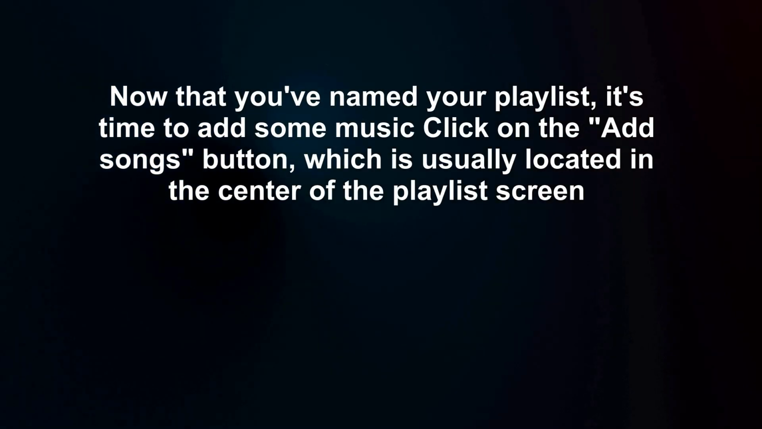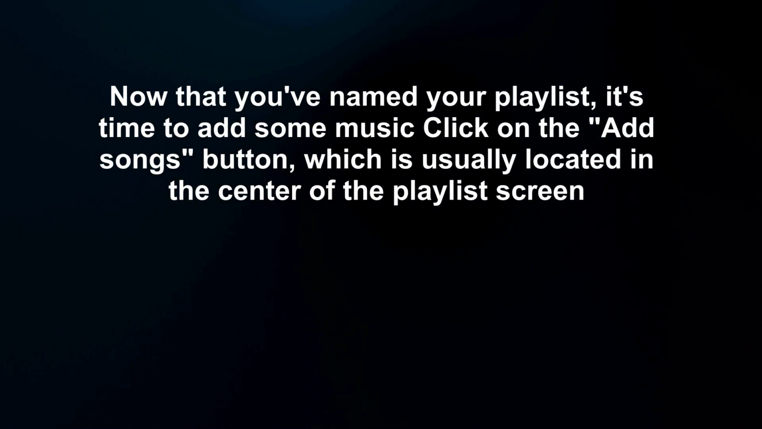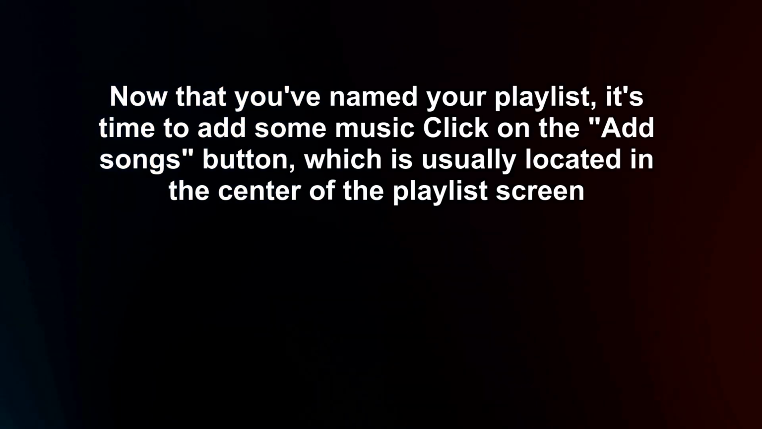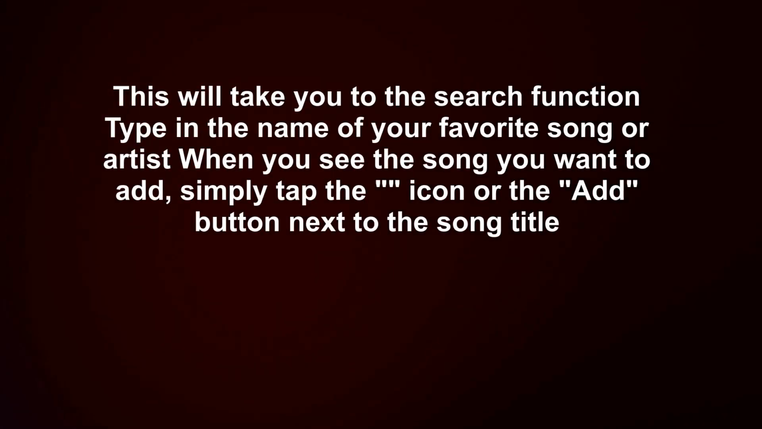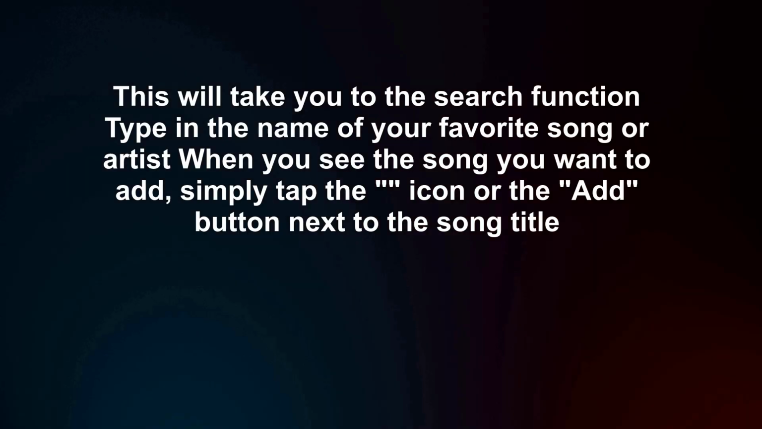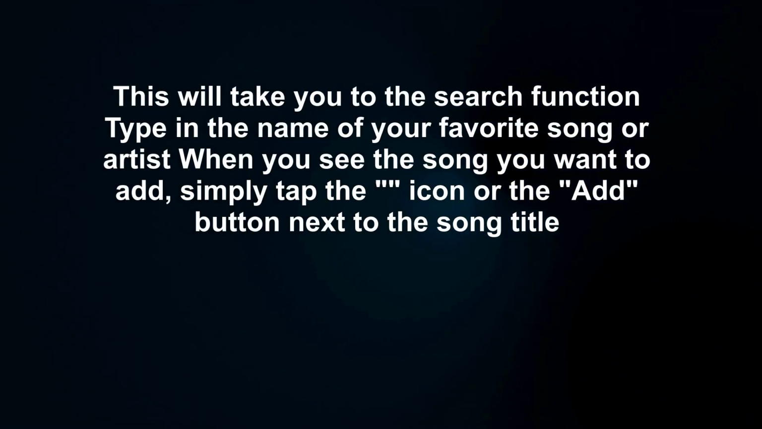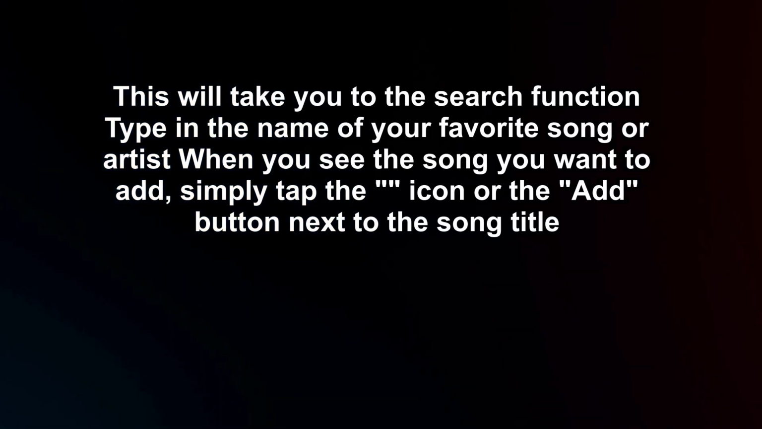Now that you've named your playlist, it's time to add some music. Click on the Add Songs button, which is usually located in the center of the playlist screen. This will take you to the search function. Type in the name of your favorite song or artist. When you see the song you want to add, simply tap the icon or the Add button next to the